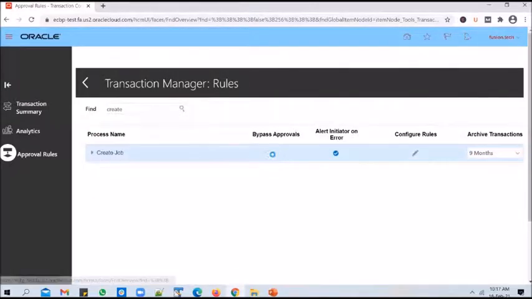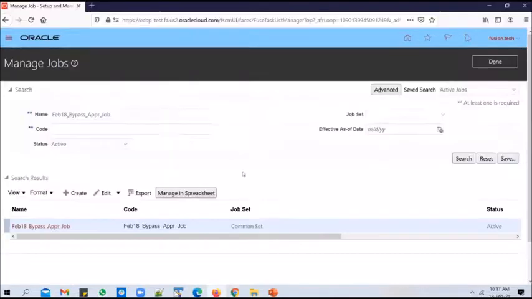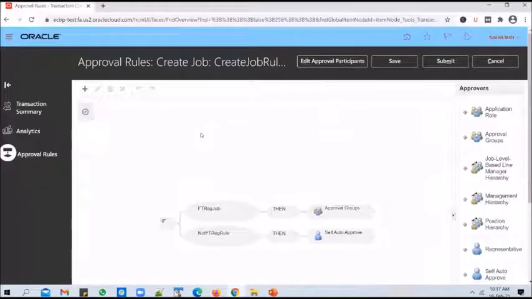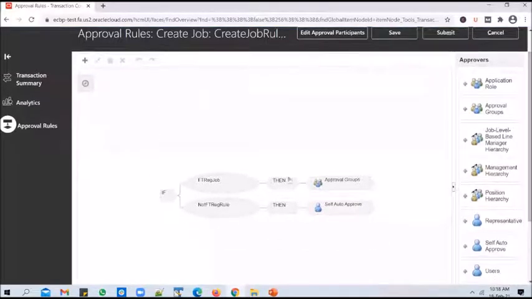So here we are enabling approvals. We have unchecked the bypass approvals, which means enabling approval. And if I go ahead and submit another request now, whom should it go to for approval? That will depend on the rules configured here. So when you come into this screen for the first time, you will not see anything here. Don't think that Oracle would have given some seeded approval rules or seeded flows here. It will be a blank screen. You will have to write your own approval rules.